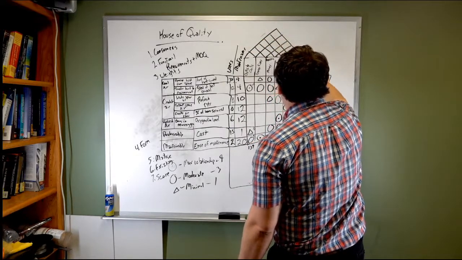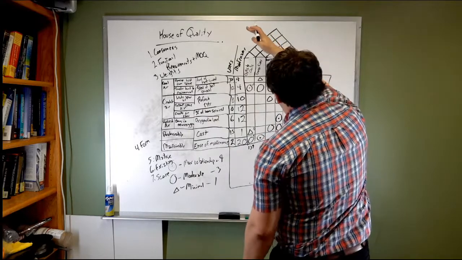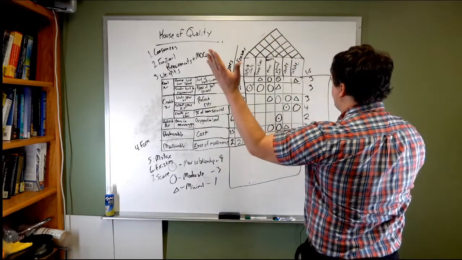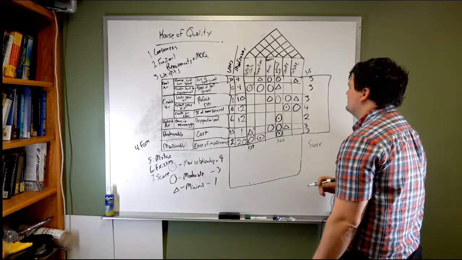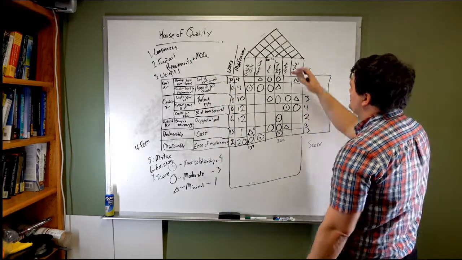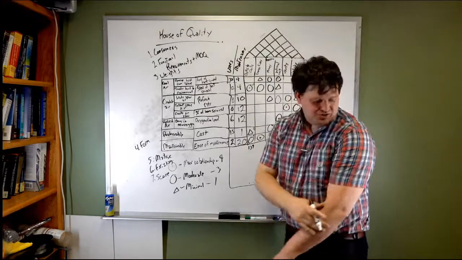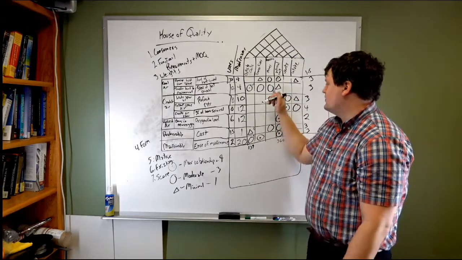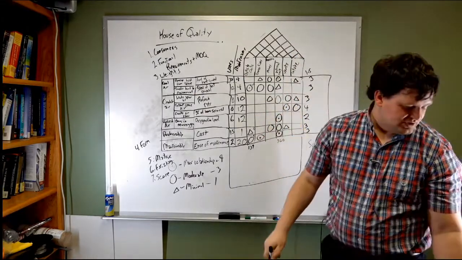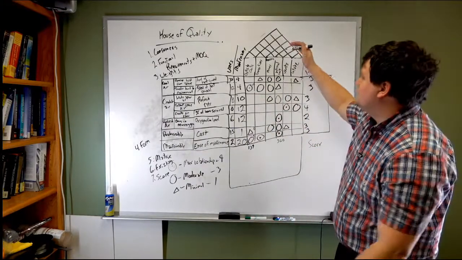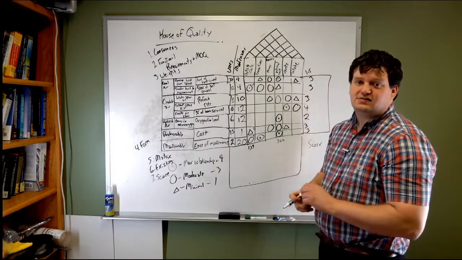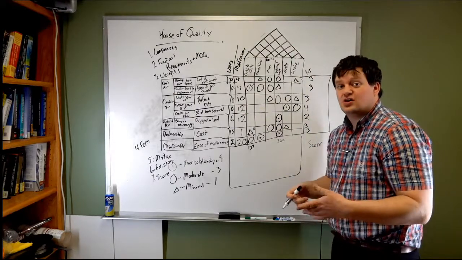So each line has one that goes up at a 45 degree that way, one that goes up at a 45 degree this way. You have 90 degrees between them, so it forms squares. And then what you do here is we've evaluated these relationships. Now we need to evaluate what the relationships are between these. We're going to go ahead and draw an X if these depend on each other at all.